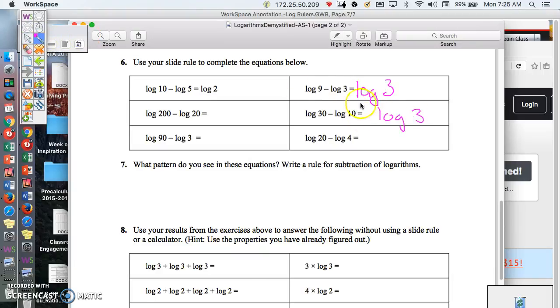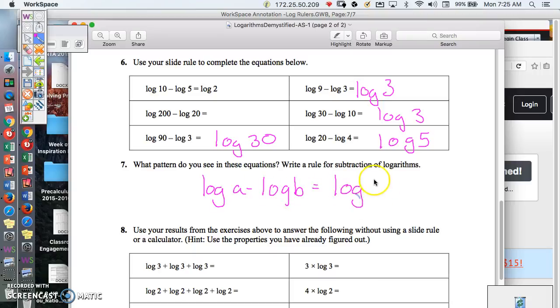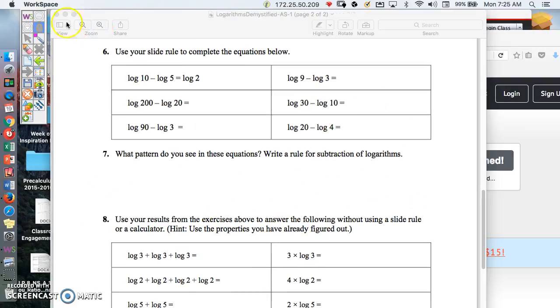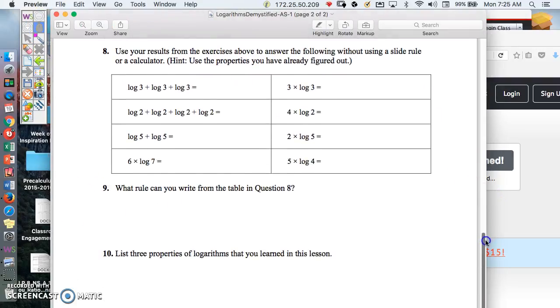So what operation do you notice here? Well, I notice division. And 20 would be log 5. So what pattern do we see here? If we have log A minus log B, it's log A divided by B. And similar to exponents, when we had division, we subtracted, but now if we subtract, then we divide. So down at the bottom of this page here,